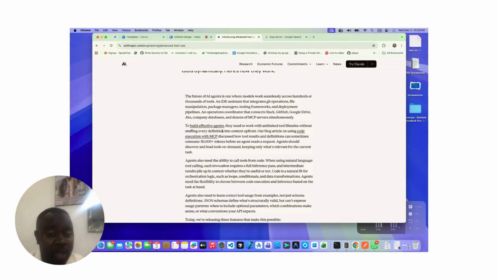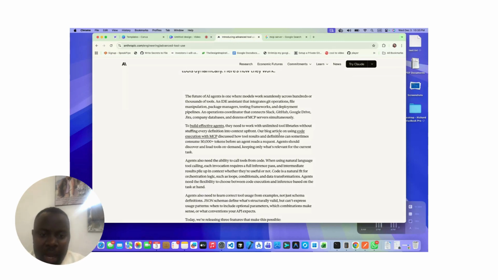Remember, we said that we have a context window which is limited to a number of tokens you are allowed. So with that being said, you have this MCP that wants to connect multiple tools, which have a larger amount of tokens that you need to feed in, and you already have a context window that doesn't allow for that size. So that's what they are saying here. With multiple MCP servers, you need to load all those contexts inside.